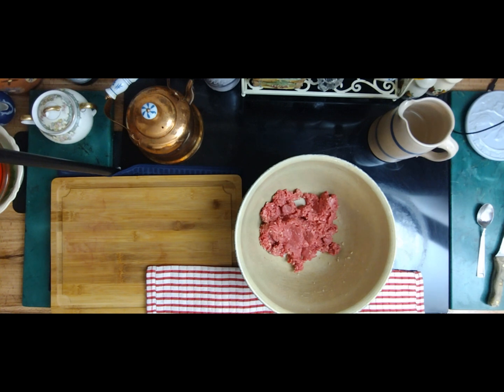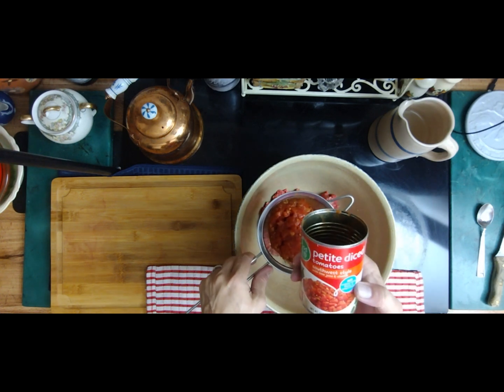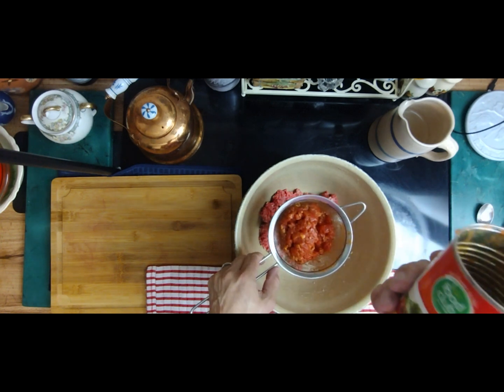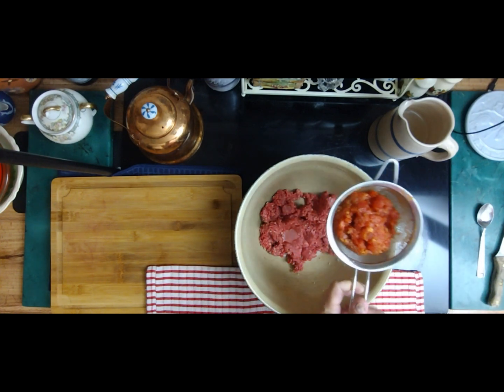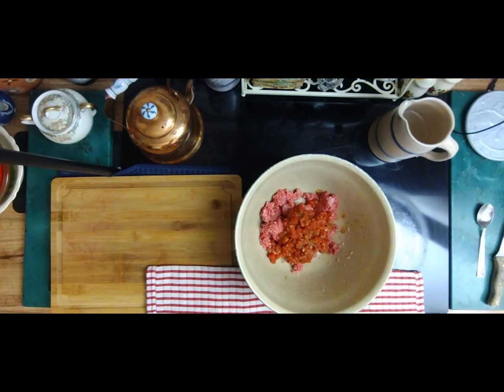Drain them real quick. I buy the, I'll show you in just a second. I buy the petite diced tomatoes. They're the Southwest style, so they've got a little bit of lime juice and cilantro in them. And I'll put that can into my meatloaf, and then